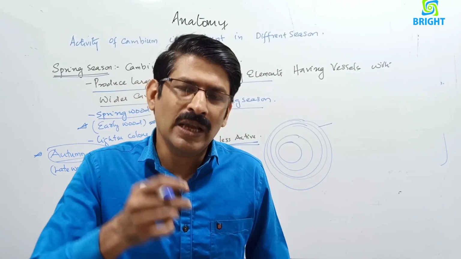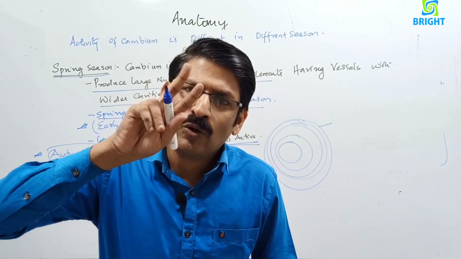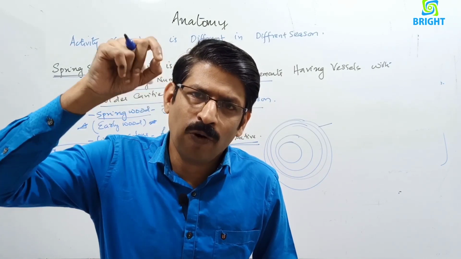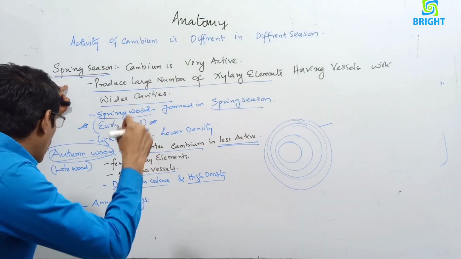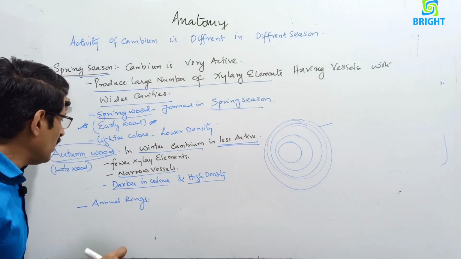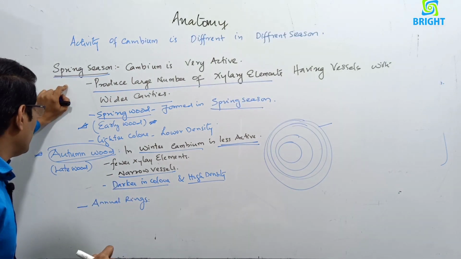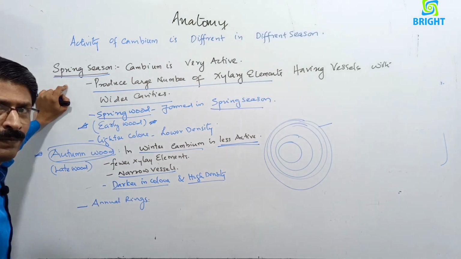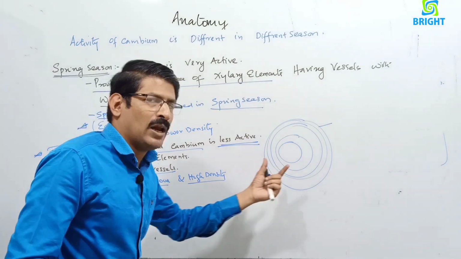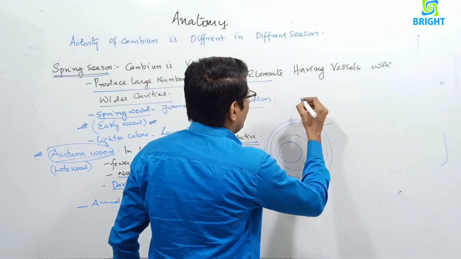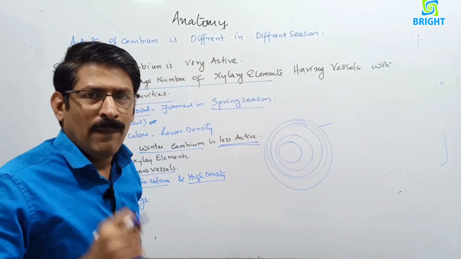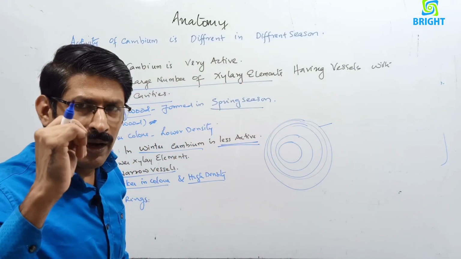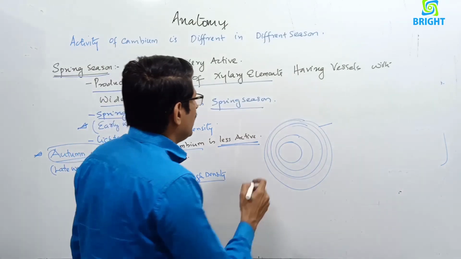When we cut a tree, there are concentric rings, one for early wood, that is spring wood, and the second for autumn wood. When we count these, we can calculate the age of the tree, and that branch of biology that deals with counting the age of a tree by counting the annual ring is called